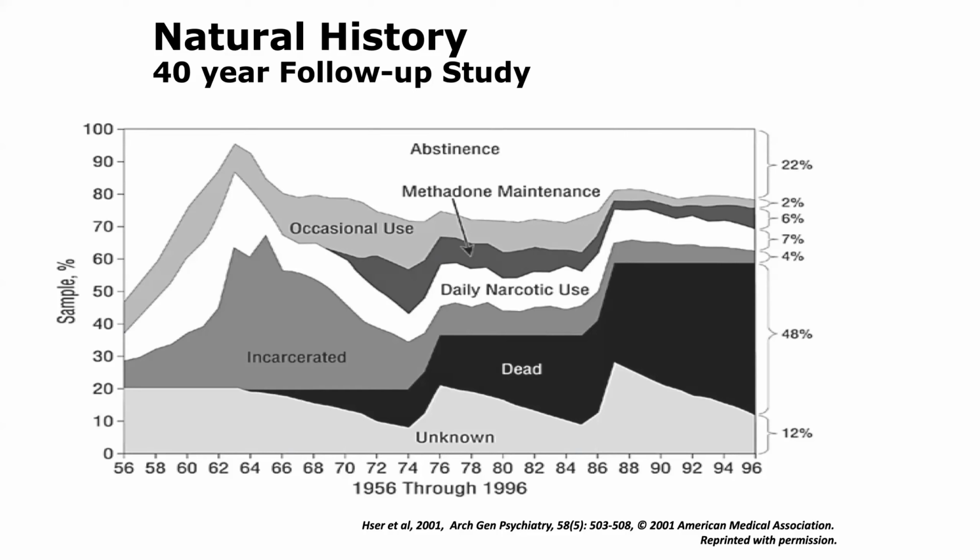Now, if we look at the ones that end up being incarcerated, you can break that down into 4%. You look at the daily use of opioids in this study, it was about 7%. You get the ones that were involved with methadone maintenance. As you will look at the dark line, it is a 6%. You have occasional use, people who socially use opioids, which in this population was about 2%. But the one thing I want you to see is that in abstinence, there were over 22% of individuals.